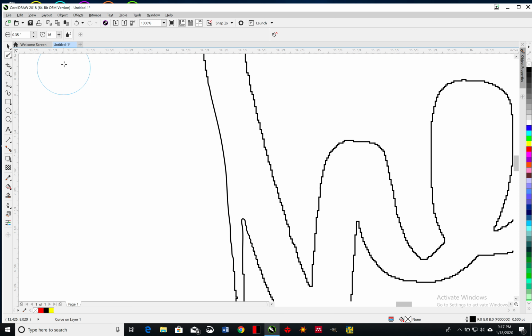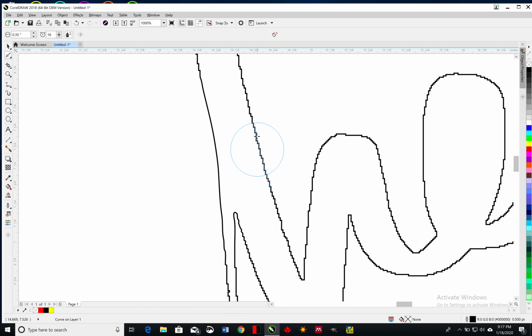And then if that's not going fast enough for you, what you can do is come up here and change the different sizes of this little circle thing here so you can get the whole thing done. But the only problem with that is the bigger it is, the faster it is, but you may lose certain areas because it's the size that you're not keeping track of. But this thing does an amazing job of evening out all the lines. As you can see, I'm just going back over, clicking, holding, letting go, click, hold, let go,